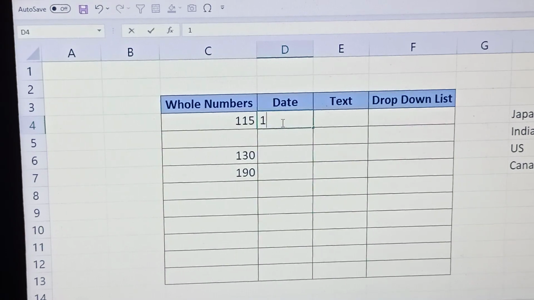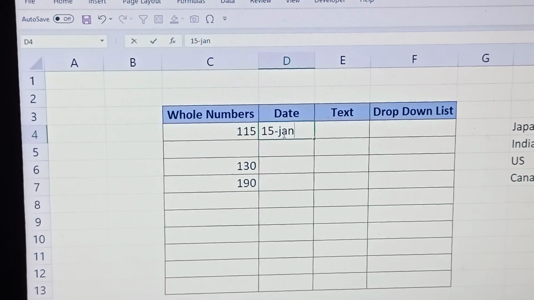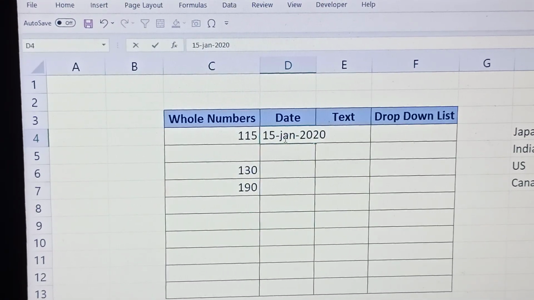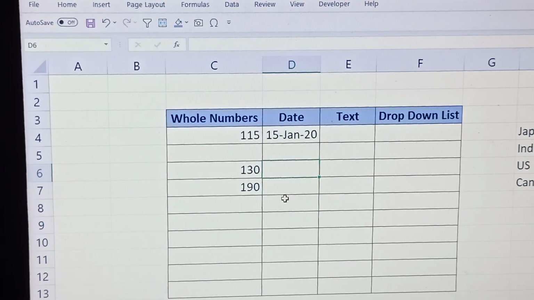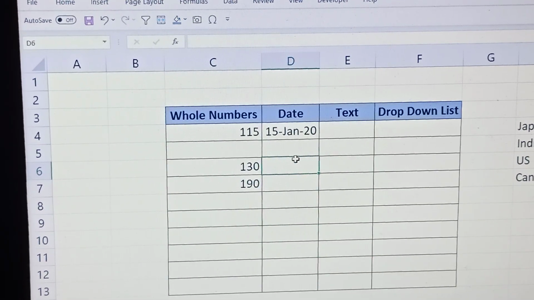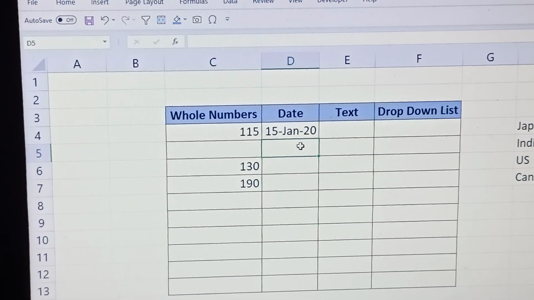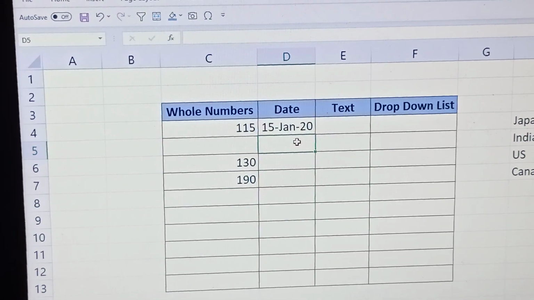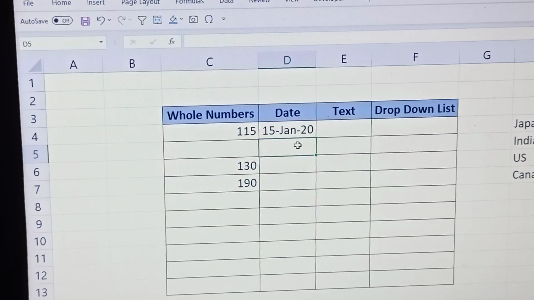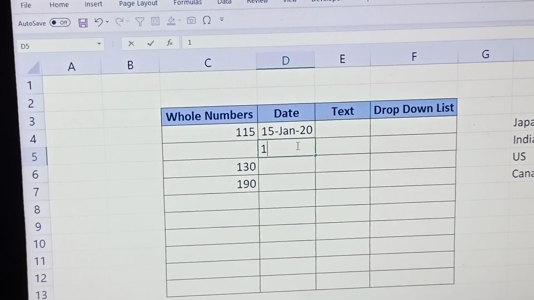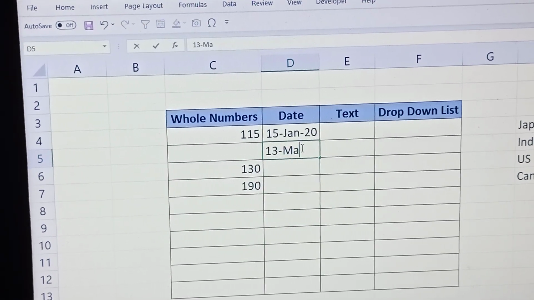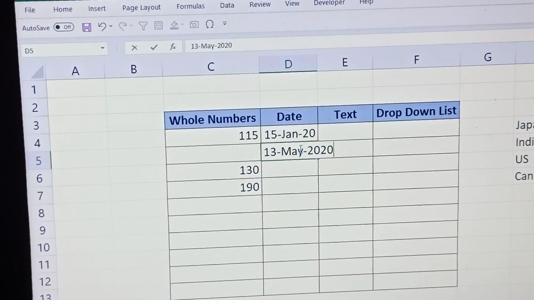Now 15th January 2020. Any date between, like say 13th May 2020.